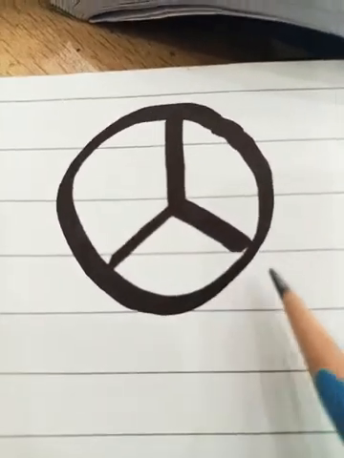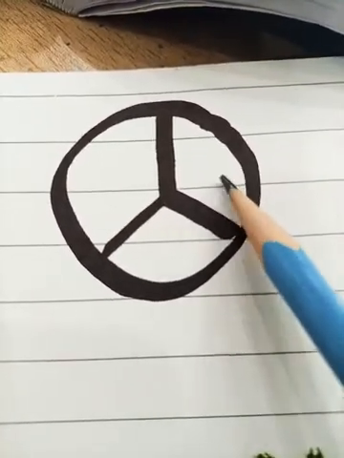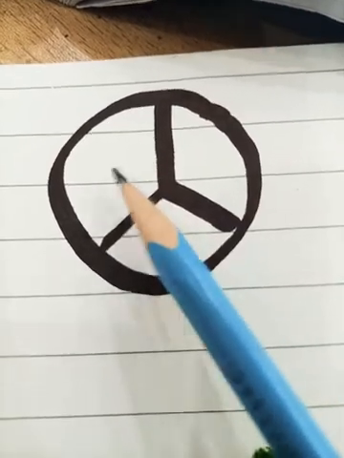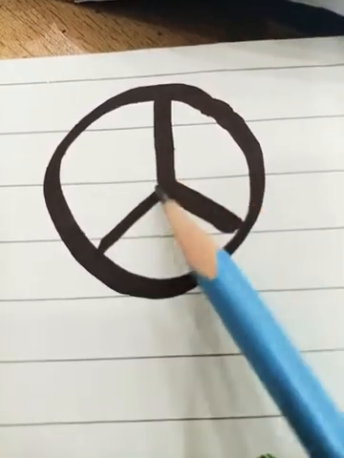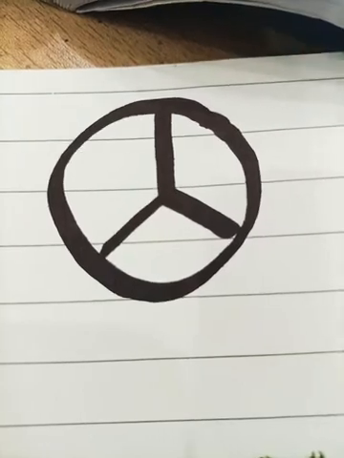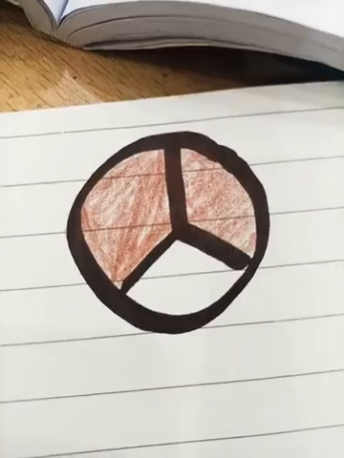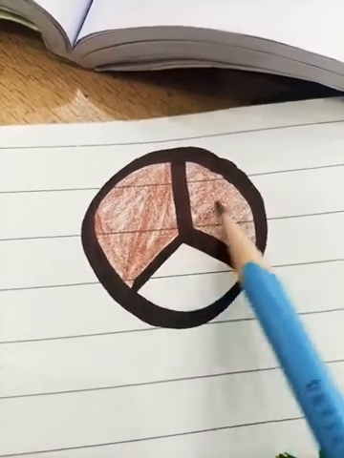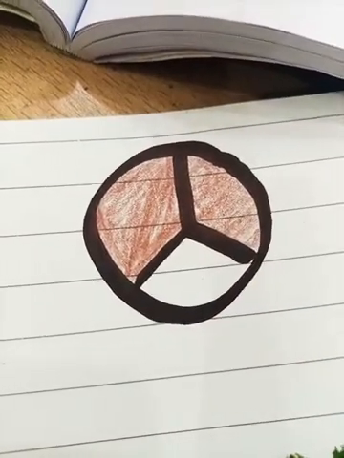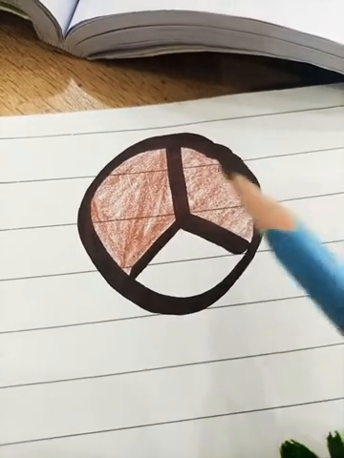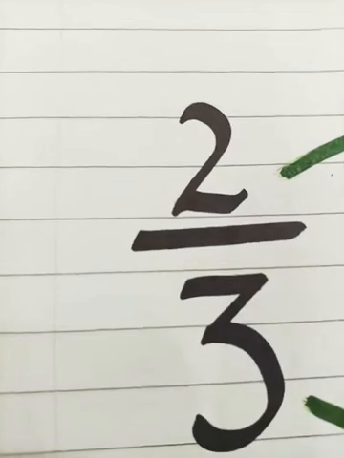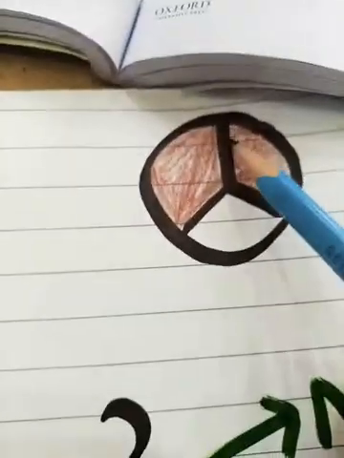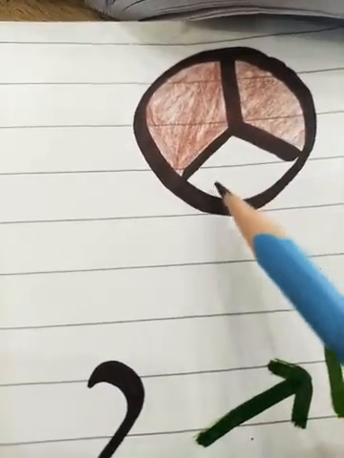Look at this shape, students. This shape is divided into 3 equal parts, 1, 2 and 3. So students, if I color 2 parts, then you can write the fraction as, first of all, let's color it. Look at this. Here I have colored 2 parts of the total 1, 2 and 3 equal parts. Now students, how can you write the fraction of this shape? You can write the fraction in this way: 2/3. 2 shows the colored parts and 3 shows the total parts into which this shape is divided.